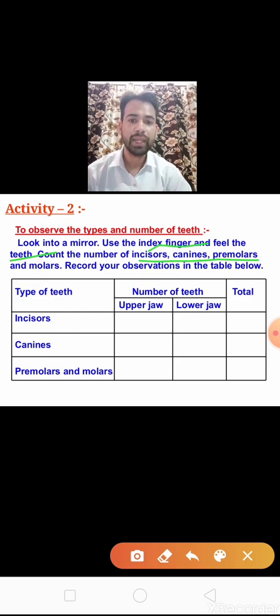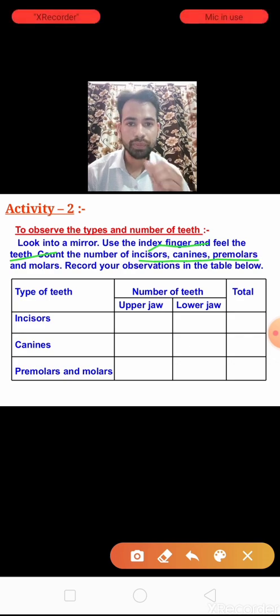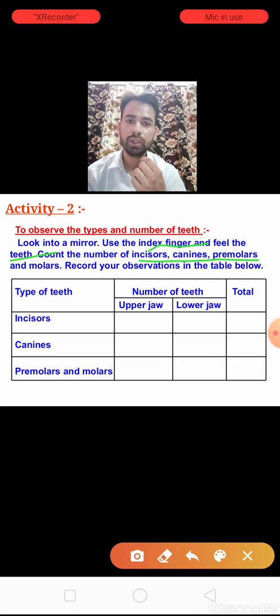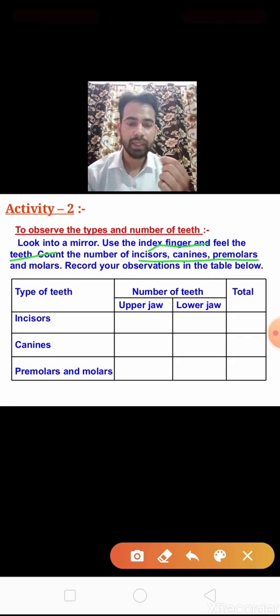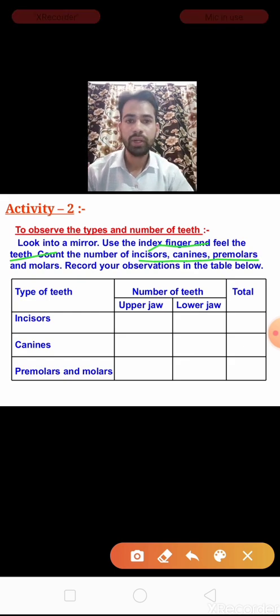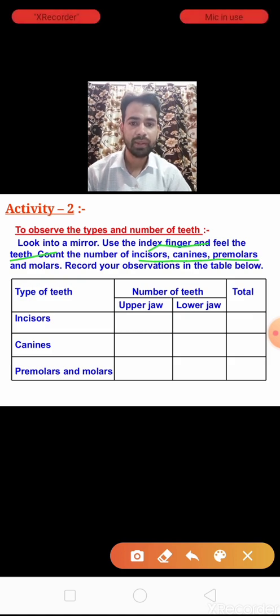Like how many incisors you have in the upper jaw, count their number. How many incisors we have in the lower jaw, count their number, and total. Okay, total, that is upper and lower jaw, how many incisors are there. In the third column we have to get the total.